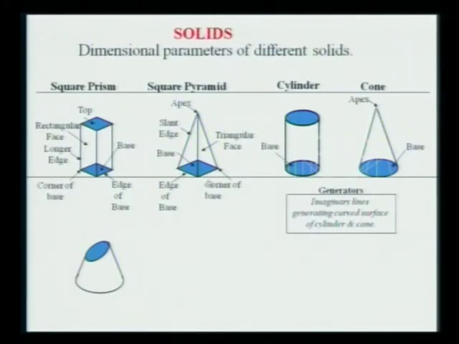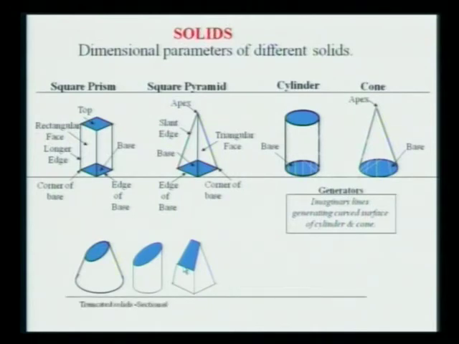Right? Get it clear. Which is this solid? The solid which is shown here. Can you name it? What type of solid is this? What is the similarity of these solids? Yes, this is a cone, this is a cylinder, this is a pyramid. But see, these have inclined cuts. So what is this called? Can you tell me? It is called truncated solids.